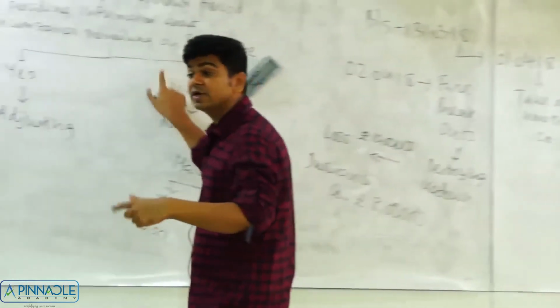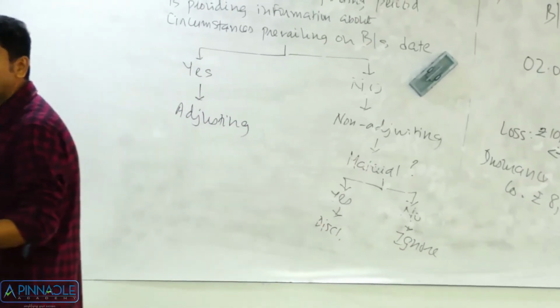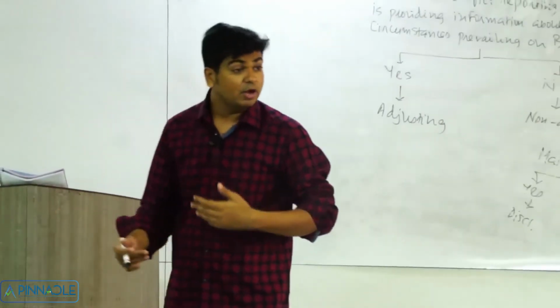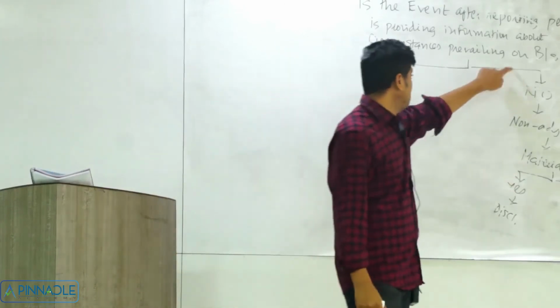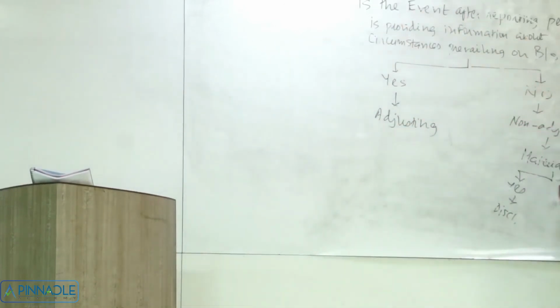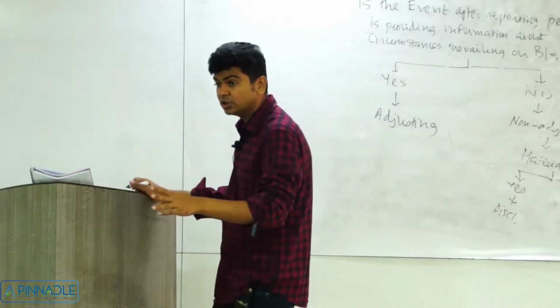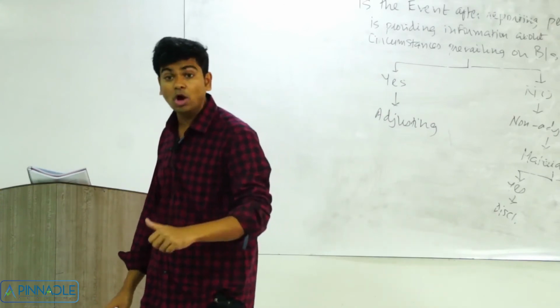I'll ask myself, were the circumstances leading to the merger prevailing on the balance sheet date? See, mergers don't happen without negotiations. It's not possible that today I close my books and tomorrow I come to your company and buy it out. Negotiations must have been going on for a long period of time. So the circumstances leading to this merger, the negotiations, were definitely happening on the balance sheet date. Still, any merger, acquisition, demerger, or reorganization will be considered non-adjusting.